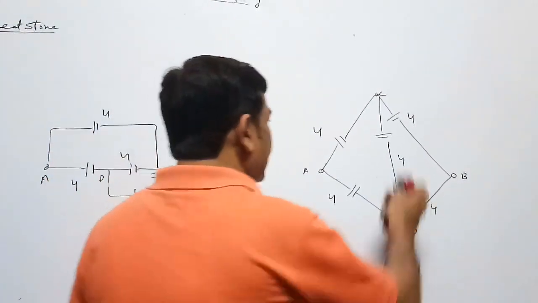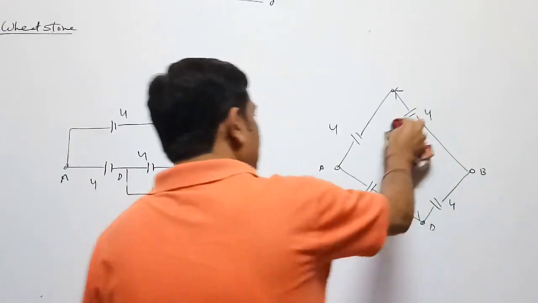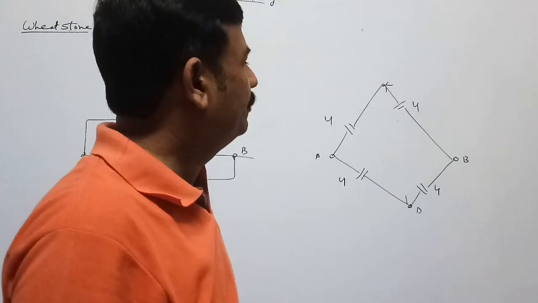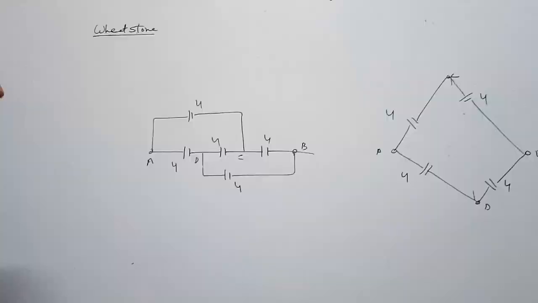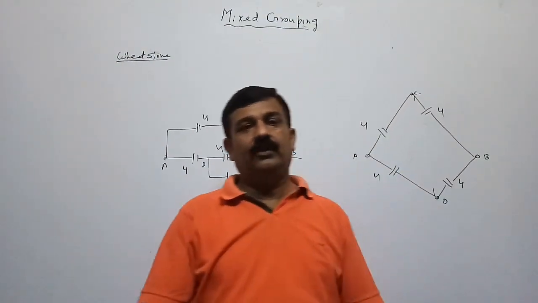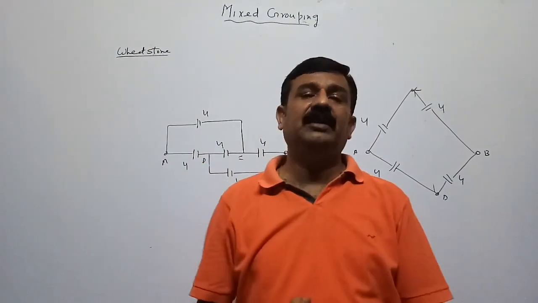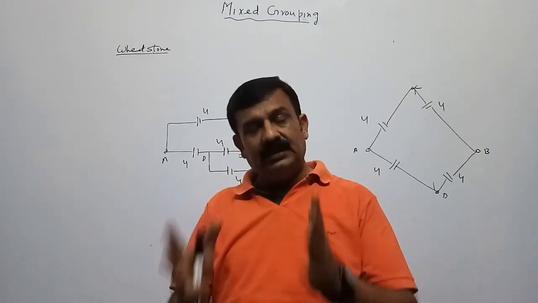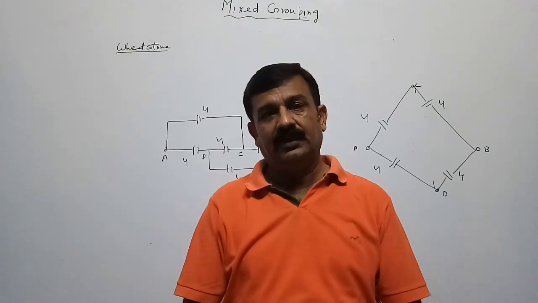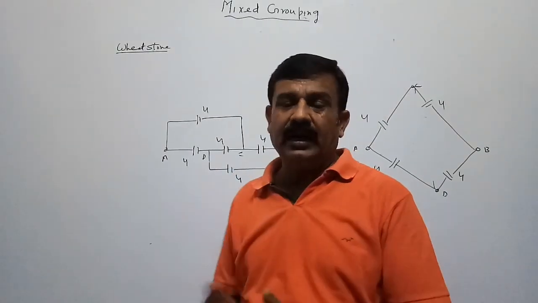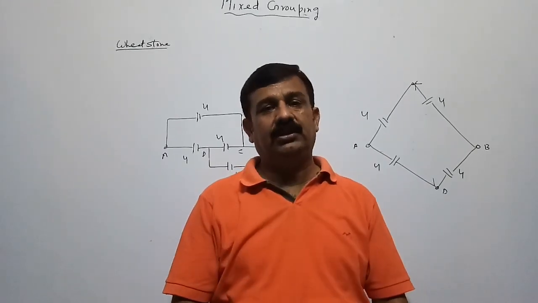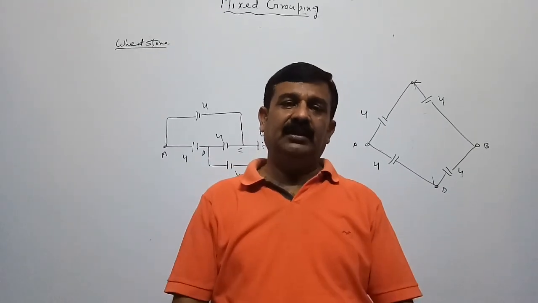So we can remove this diagonal branch and easily we can say that they are in series, and the rest two are in parallel. So these are the different forms of Wheatstone bridge, and today we discussed only those types of Wheatstone bridge in which the balancing condition, meaning arm ratio across either side of the diagonal, is fulfilled. But if, as I told you, the arm ratios are not equal, we are not able to remove that diagonal branch, then how do we find the net capacity?